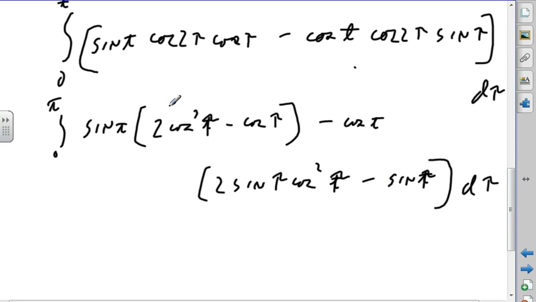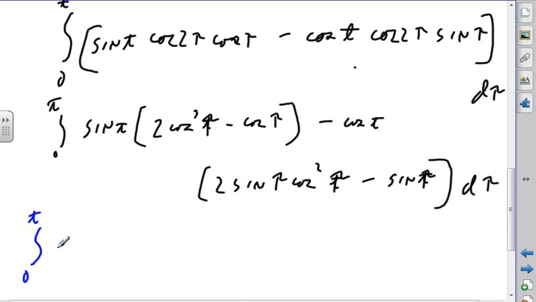Okay, so I can do this integral, I can do that integral. I have no idea how I'm going to do that integral, but I can do this integral. So the only integral I'm worried about is sine. Wait a minute, I can do that integral too. Okay, so now I'm all set. I can do all those integrals. So I've got